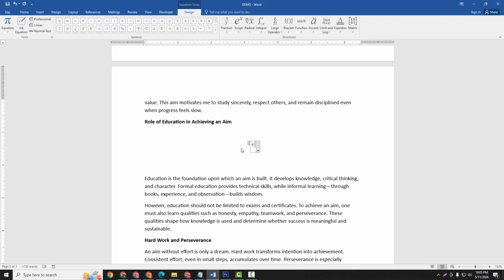RIGHT arrow, right arrow, then press space bar, then again write backslash and type the below and press the space bar, then type the text which you want below the arrow into the bracket